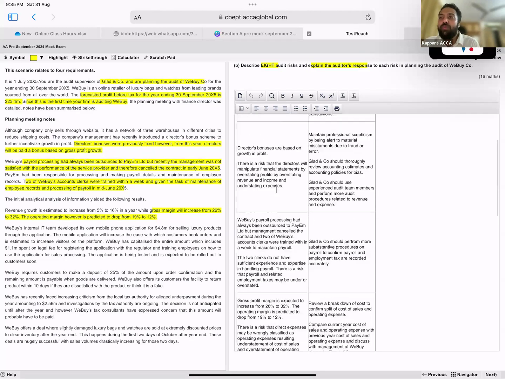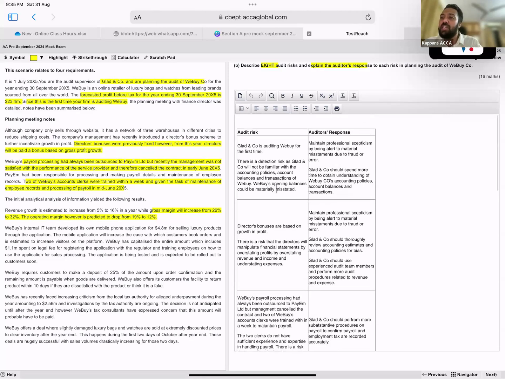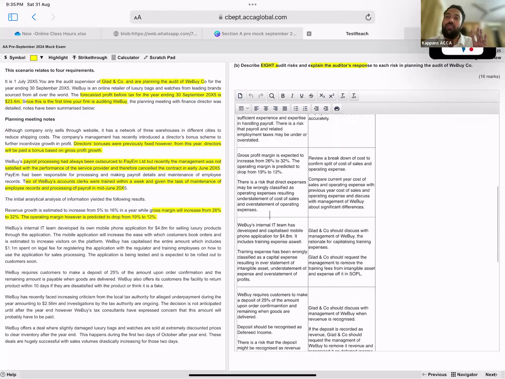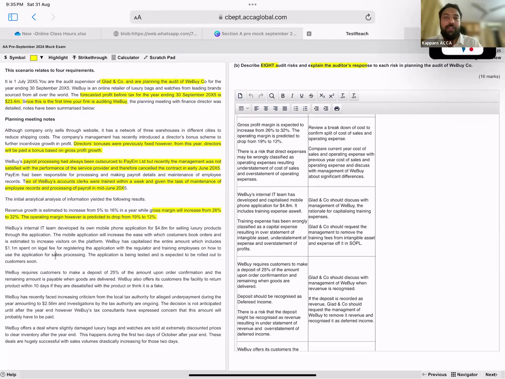So how many risks have we identified? We have identified 4 risks right now. We have to identify 4 more risks. The 5th paragraph,